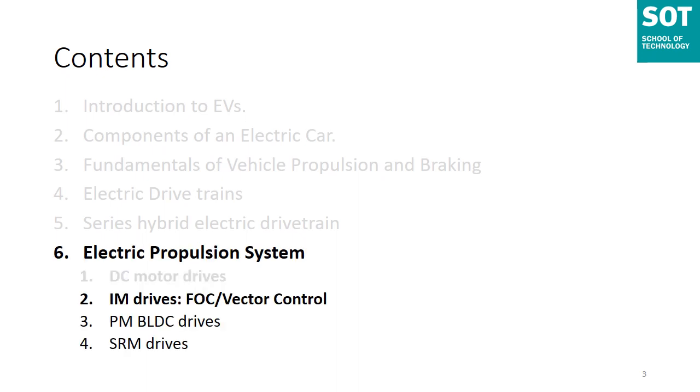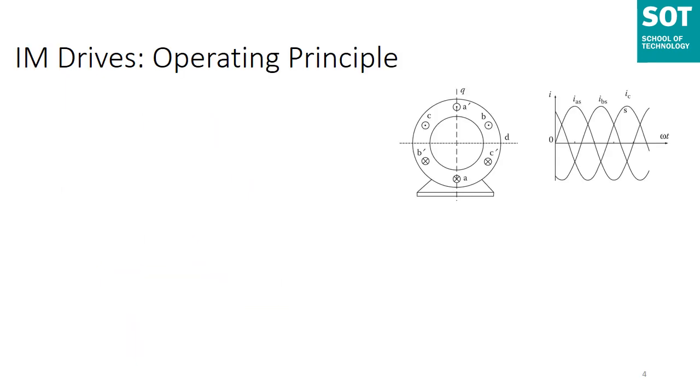Today, we will look into the principle, the basics of FOC control or vector control, called field oriented control. Now, why we do field orientation control is because it needs to be understood that the field orientation principle defines the conditions of optimal torque production. Orthogonality of the rotor current and stator flux vectors must be maintained at all times for producing the torque optimally.